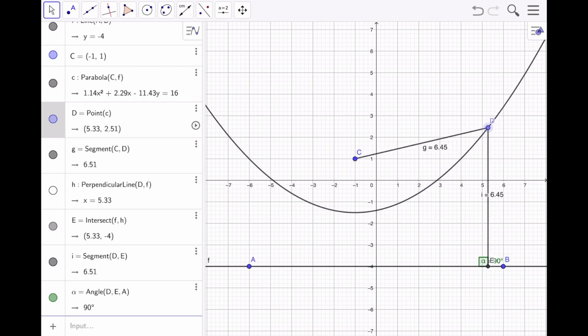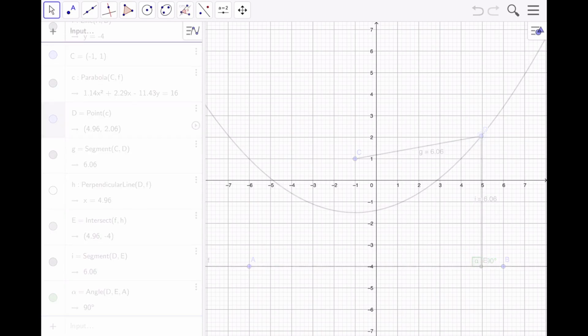There's our formal definition of a parabola. If you give me a point and you give me a line, there's a parabola that can be formed from that point and line, where the distance from the point to the parabola is the same as the distance from the parabola, perpendicular down to the directrix. All right, now I'm going to clear all this, and we'll take a look at